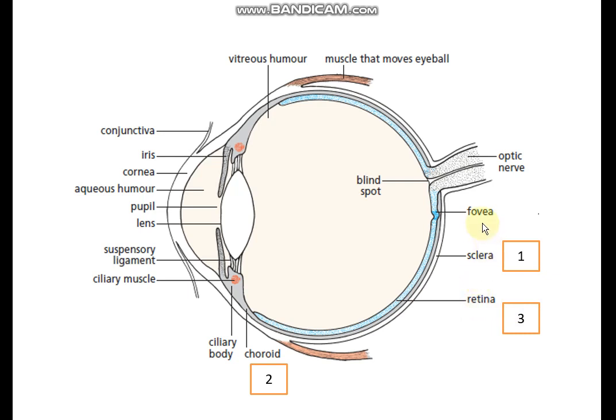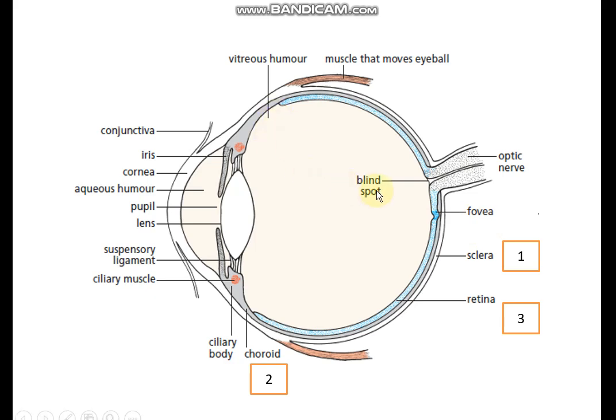Okay beta, here you can see there's a point called the fovea. It is the point with the highest density of cone cells, and thus if the light rays fall over here, the sharpest and clearest image will be formed. The fovea is also known as the yellow spot. Fovea or yellow spot, this is the place where there are maximum cone cells so that a sharp image is formed.